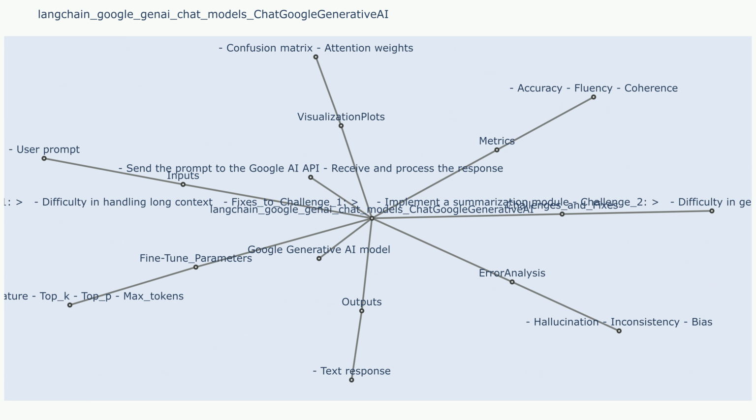Uncertainty methods: temperature scaling, the temperature parameter influences the randomness of the model's output, allowing for exploration of different levels of uncertainty. Top K sampling: by specifying top K, users can control the number of top tokens considered, impacting the model's confidence in the selected tokens. Nucleus sampling: the top P parameter allows for sampling from a nucleus of the most probable tokens, introducing a level of